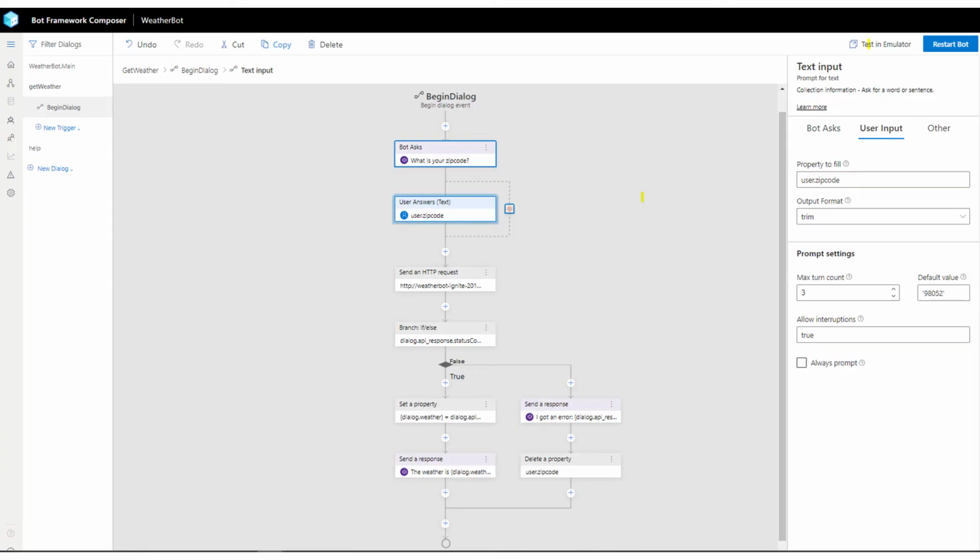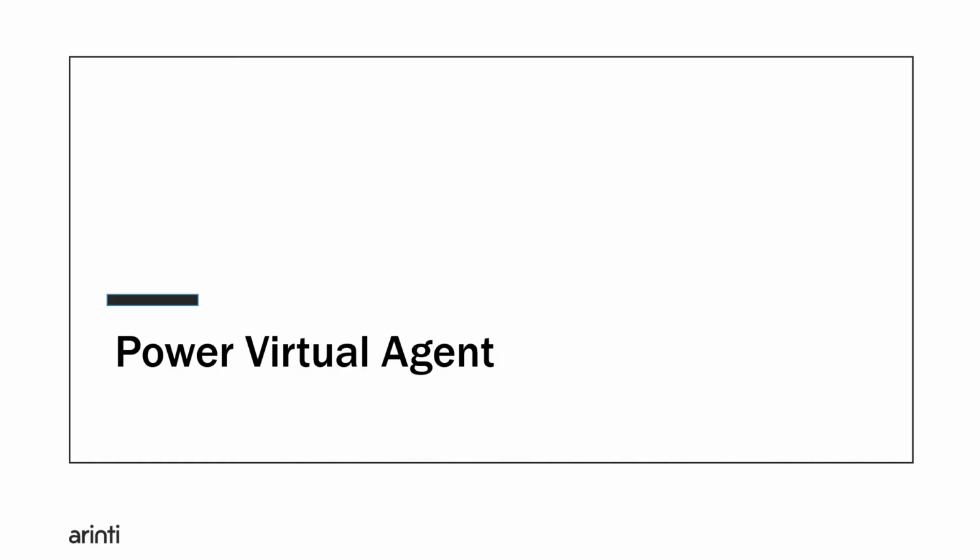Alright, so that was Bot Framework Composer. As you might see also, it's still quite some code. It's low code, but you still need to keep track of a lot of details. But therefore, we got a new tool that got released during Ignite in November, and that was the Power Virtual